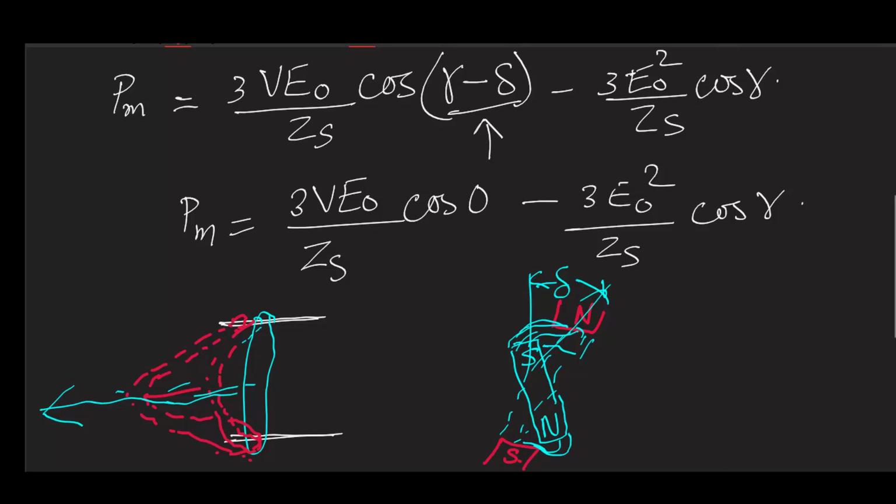Now here, we are doing a mathematical problem, so we can go for any value of delta without any limit. That allows us to make delta equal to gamma, which is the machine internal angle, and what we can figure out is: how much will the maximum mechanical power developed be?